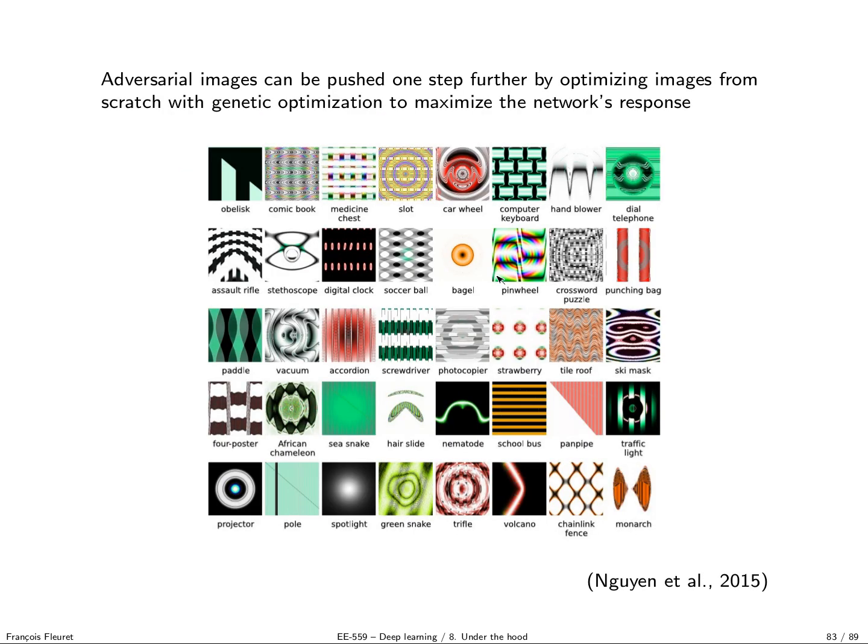And finally, another work in this line of things is this work by Nguyen and colleagues in 2015, where what they did was to define a generative model of synthetic images and optimize images with some genetic optimization-like procedure to generate images which are strongly classified on some certain classes.